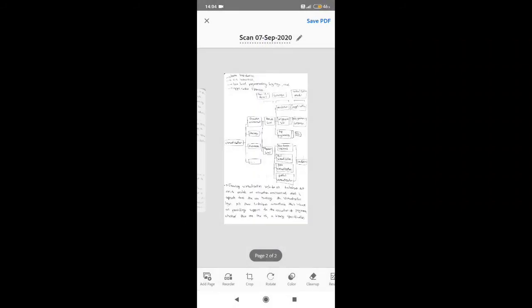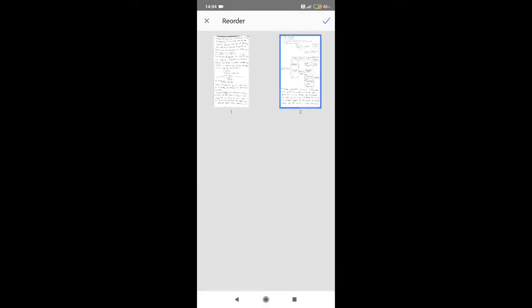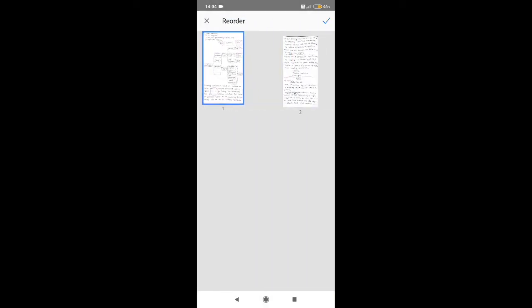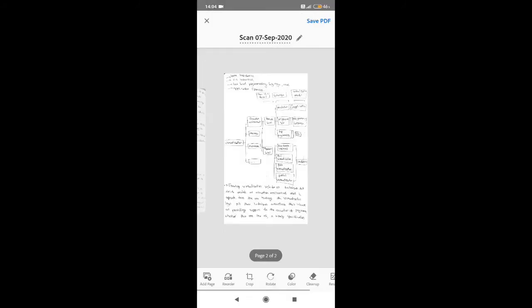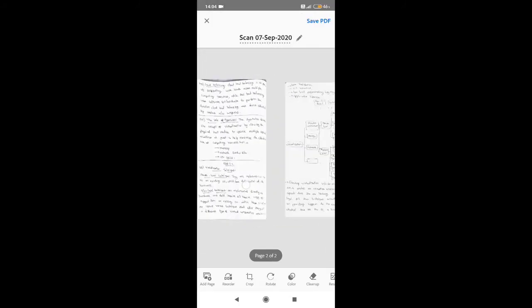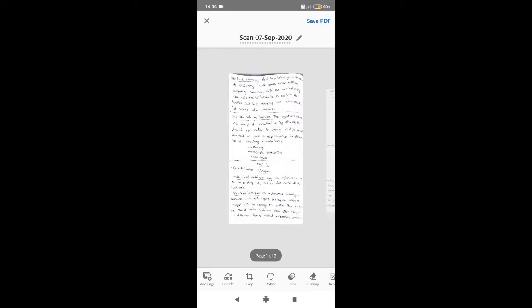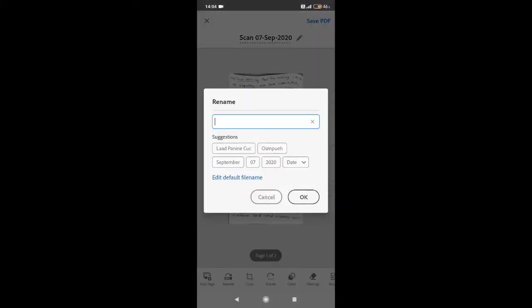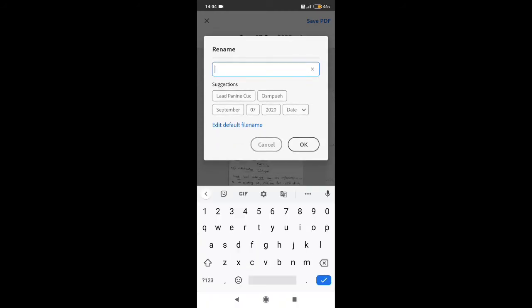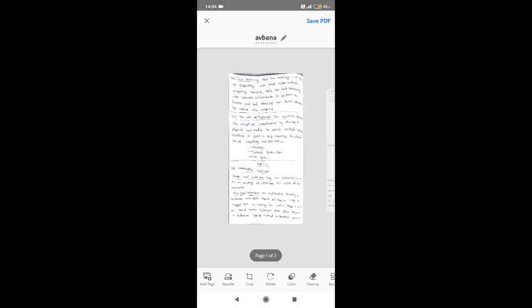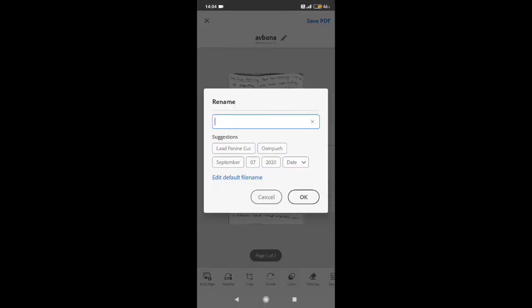And for reordering this, like this, I have to reorder your pages, etc. So these are the best features and best functions that a scanner app should have, and you can rename like this. It's a general common thing. So it is a sample, so I'm going to give the name as sample.